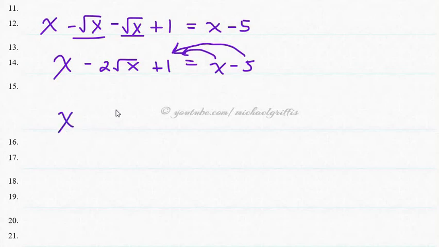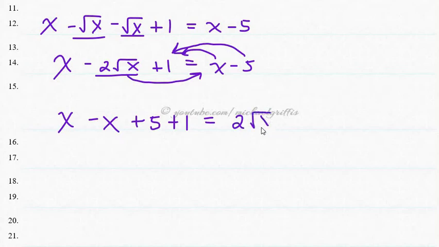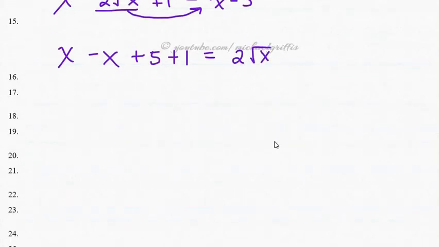So we have x, bringing this over, you can have minus x, so that's interesting. Bring the 5 over, so we're going to be adding 5 to both sides. We have this 1. And let's go ahead and take this over here. In other words, we're adding 2 times the square root of x to both sides. Okay, let's see what we got. Well, this is interesting. Those cancel out, and we're left with 6 is equal to 2 times the square root